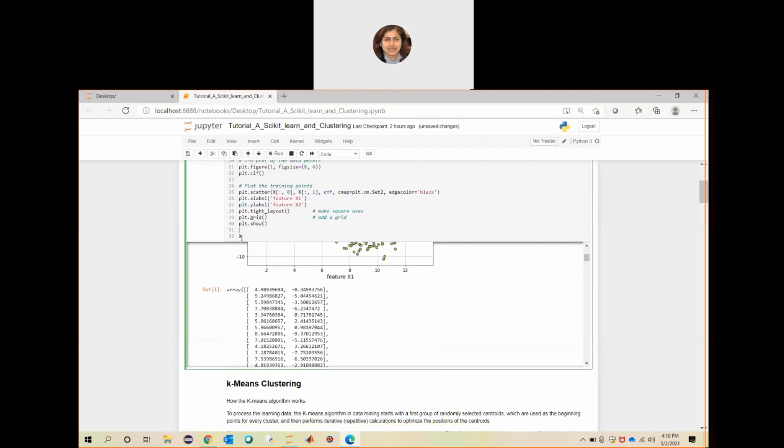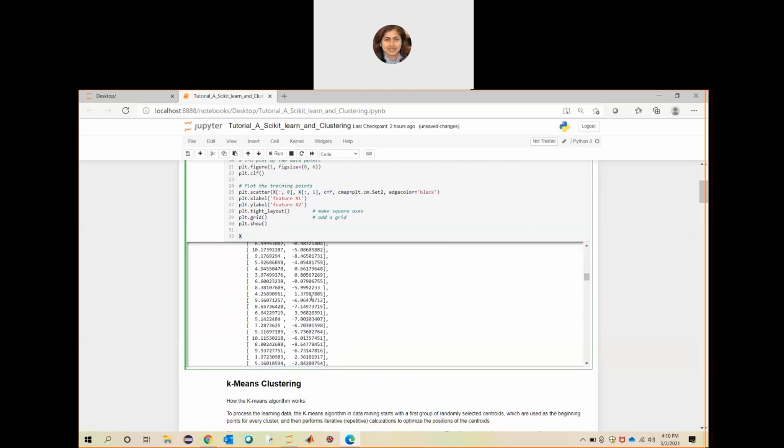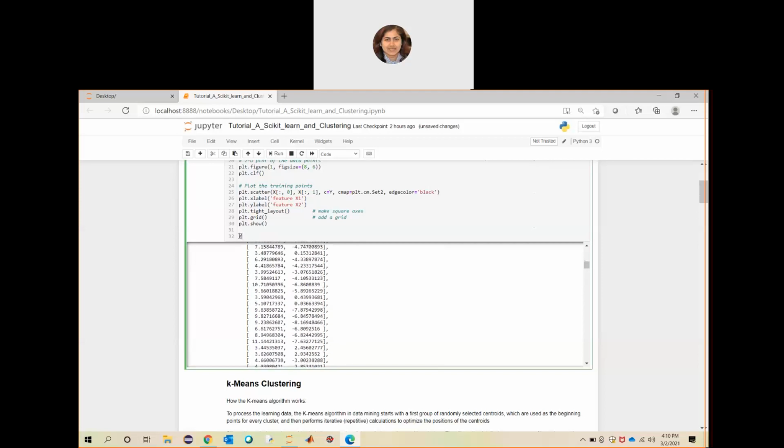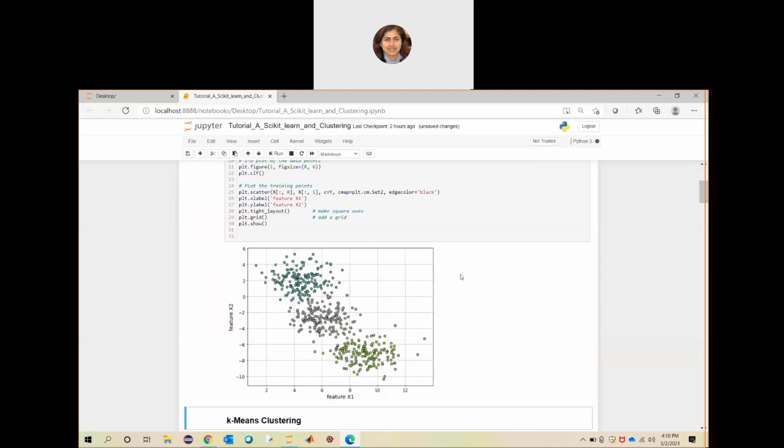See, when I printed X, it created an array or set of values. Like this, if I put y here, y will also have this type of array created, and using these values you will be able to plot it in this way that you see.